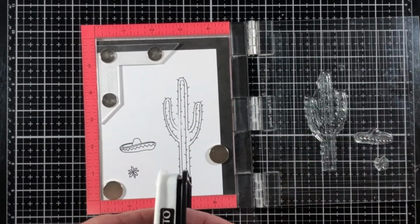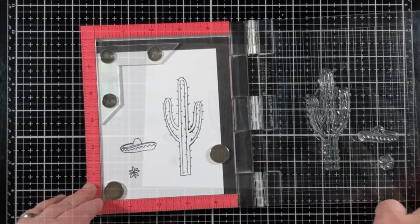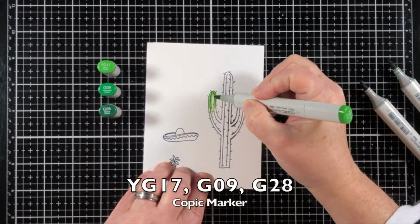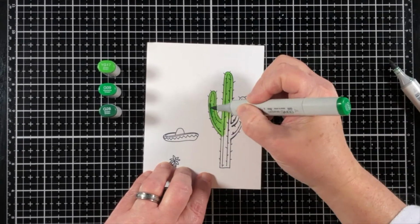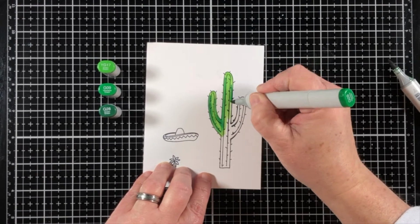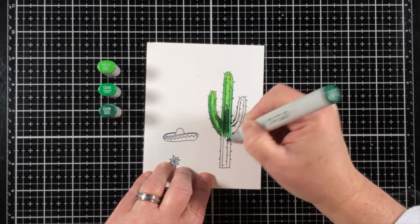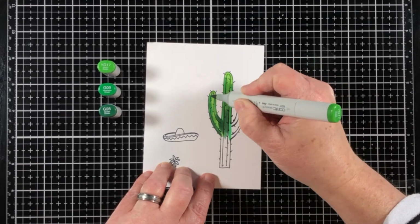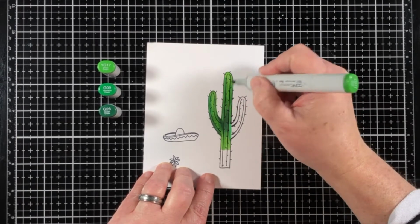So now we're going to add some really fun images. I decided not to have the llama on the second panel of the card, but instead to save him for the inside of the card, which means that I have some other options that I want to put on the second panel. That's after you lift the front flap, then this is what we're going to see, and it'll peek